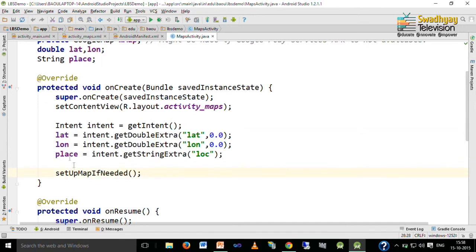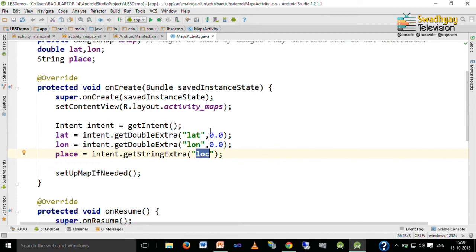In latitude I call the get double extra method, and the name of the key is latitude and the default value is 0.0. If it is not available, it returns 0.0. And in longitude we get the longitude and its default value is again 0.0, and in place we get the location passed before calling this activity.